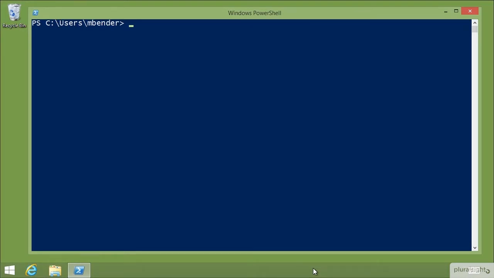So let's say you're looking for a file a user stored on a network drive, yet they don't know where or what they named it, just the type of file it is. That's not really a problem for PowerShell. We can use some of the commands that we've learned to this point to help us find those. And the command that we're going to use is the Get-ChildItem command. So if we take a look at the help for Get-ChildItem,